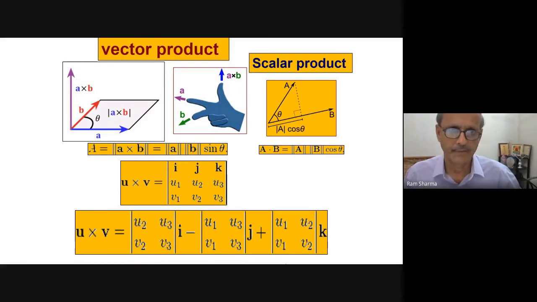When we know the A and B vectors, A cross B is a vector which is perpendicular to both, and it forms a right-handed coordinate system. You take your finger one, then you take the A vector, the B vector, and A cross B is your thumb. And A dot B is a scalar.